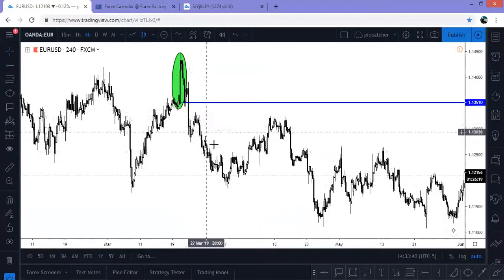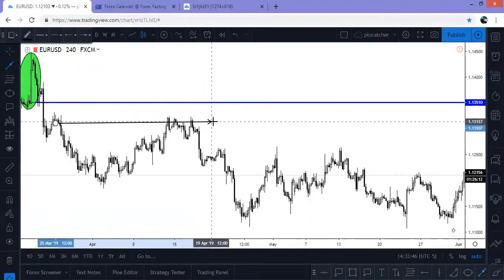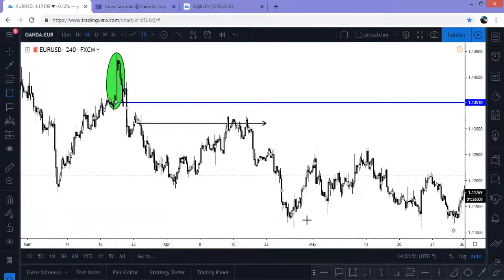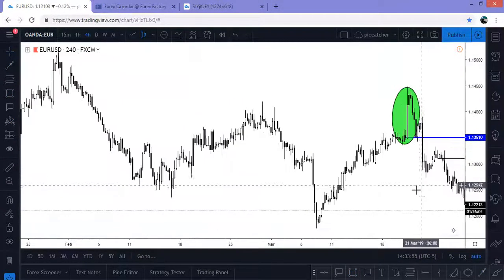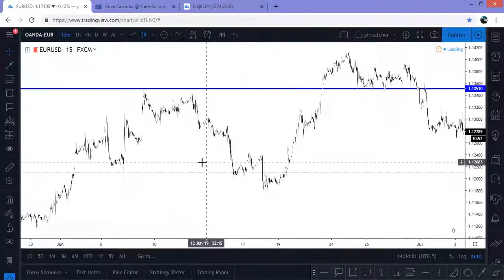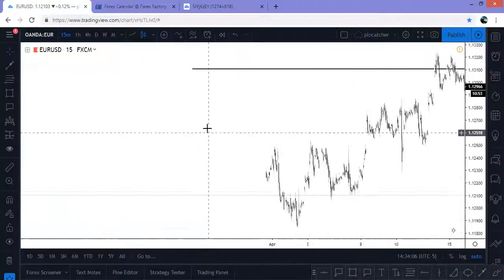So we see all of this. We see this last up candle right here. But let's just say we don't see all of this yet. We don't see all of this. Let's say we missed this. Now watch, I'm gonna go to the 15-minute, and since we see that last up candle,